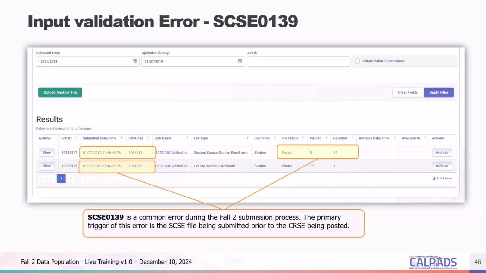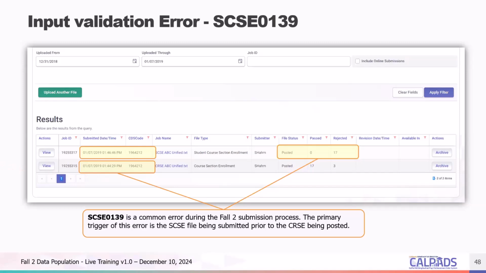If all records in a submission fail with this error, you should start by comparing the file status again in the CRSE file. If the file is in posted, look at the status time, and you do have a status time for these here, and compare it to the submission time for the SCSE file. If you find that the SCSE file was submitted prior to the posting of the CRSE file, you can resubmit the SCSE file.